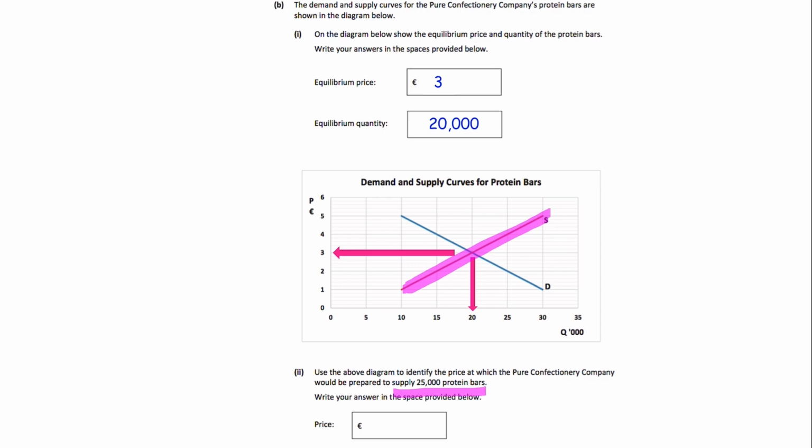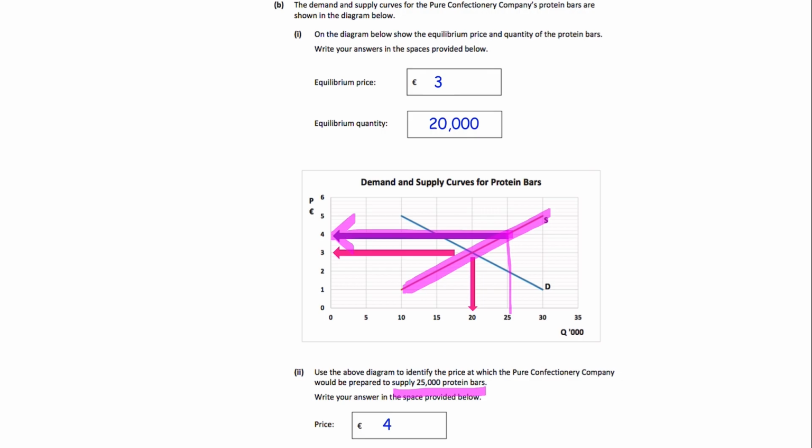The price at which they'd be willing to supply 25,000. So there's the 25,000 there. And if we went over here, we would see that they would be willing to supply 25,000 protein bars if the price is